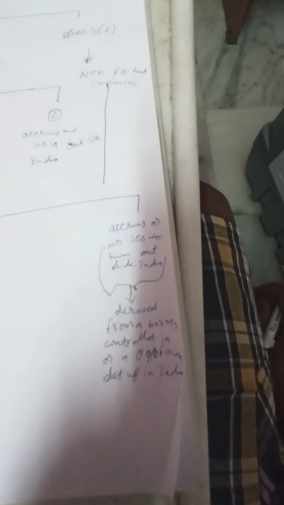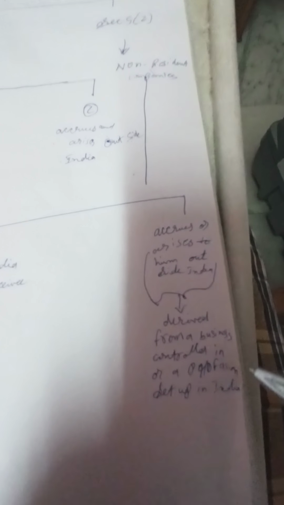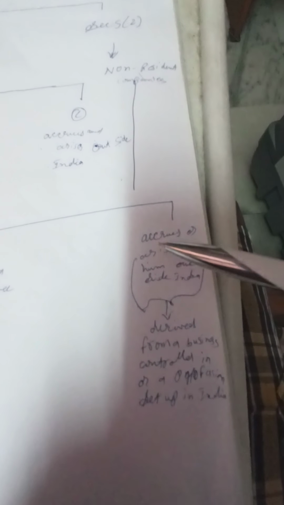Still it is taxable in India. How? See, it is derived from the business controlled in India. The business is controlled in India, but the business is operated outside India. From that particular company, they are generating the revenue and receiving the revenue of a non-resident company. Still it is taxable in India because the person who is paying it to the non-resident,